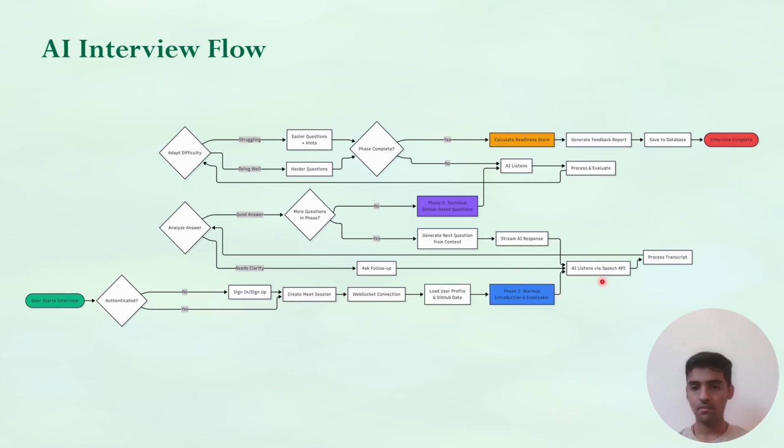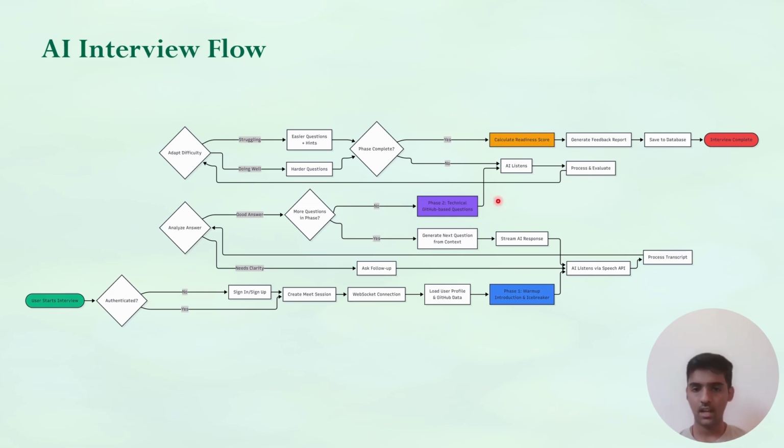The AI would listen via speech API and would be processing the transcript. It will analyze the answer. If the answer needs clarity, it will ask for follow-up questions and send it to the user. And if it is a good answer, then it would check first if the answers asked for that particular phase are completed or not. And if it is not completed, then it would again generate another question for that particular phase. And if the answers of that one particular phase are done, it would then go to the next phase, which